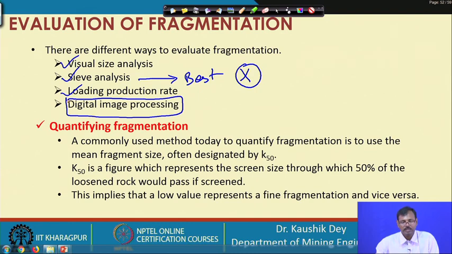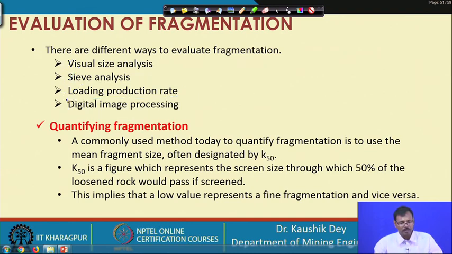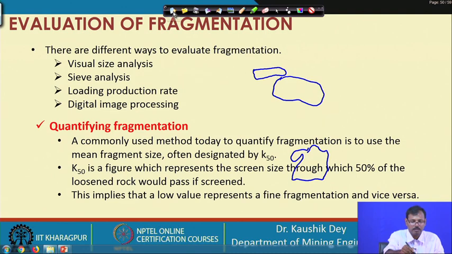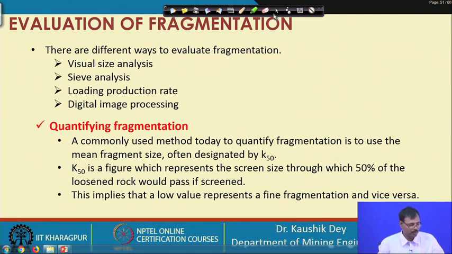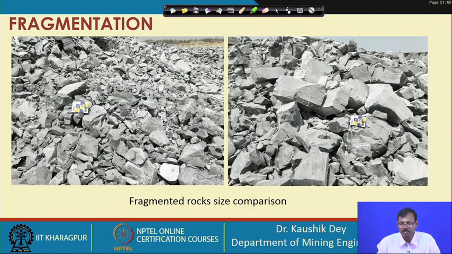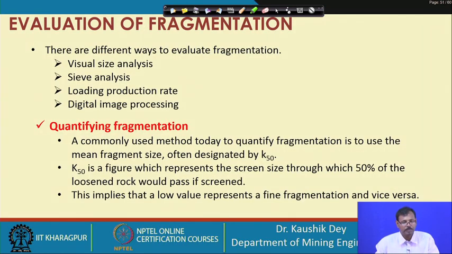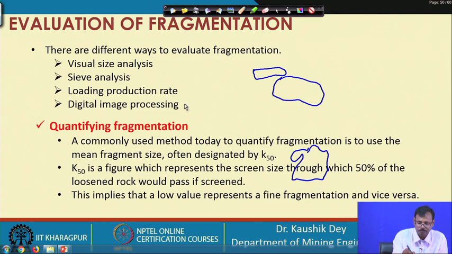In the last slide we saw the photographs of the fragmented rock mass. So, in digital image processing we take this type of photographs and analyze them through image analysis techniques, which are now available